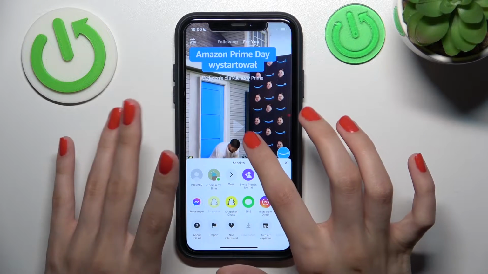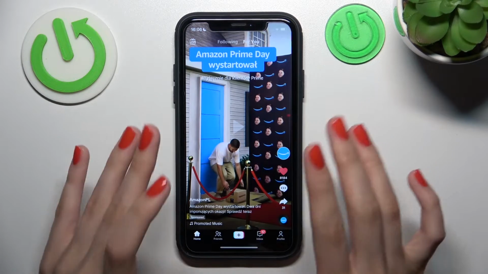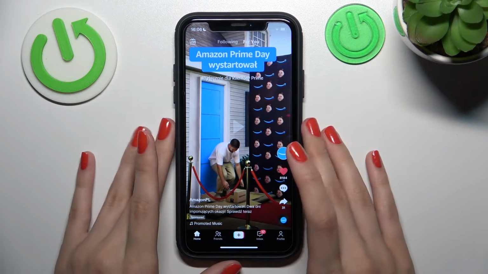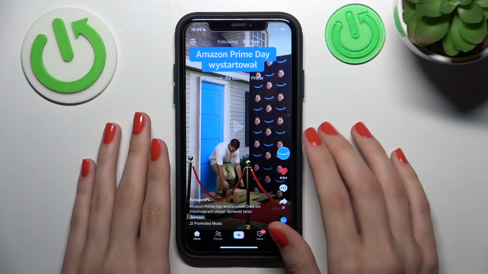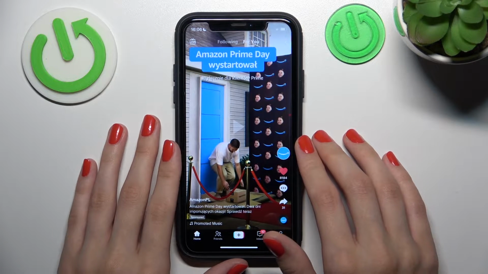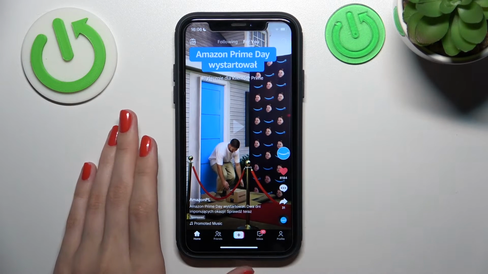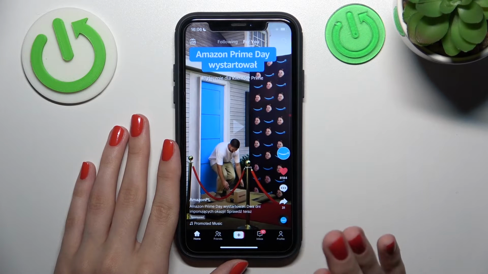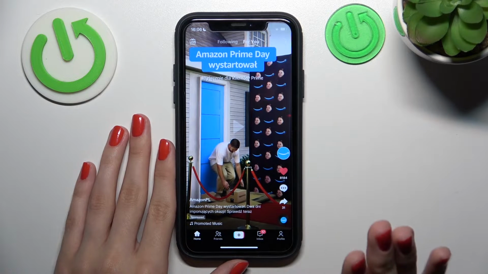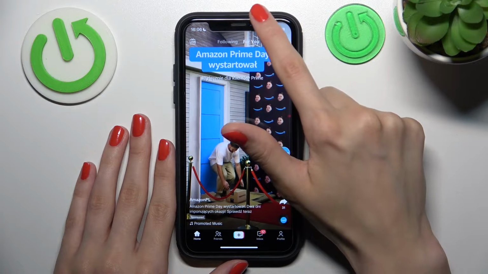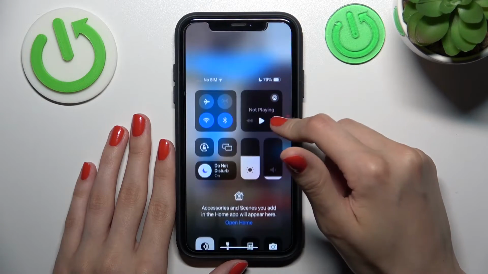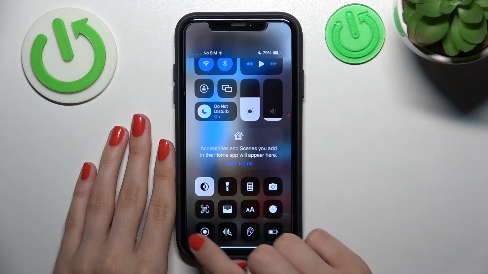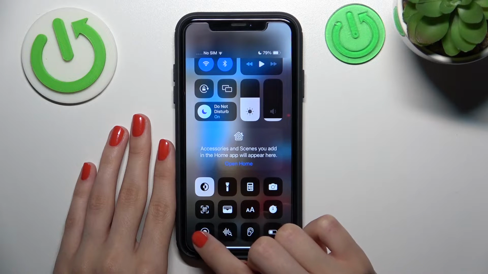So guys, for example, you really like this content and you want to save this video, there is a very easy trick to activate the record screen feature. And how to do it? For example, you have an iPhone, also you will have the same record screen feature on Android. You need to go to the quick settings menu. I'm sorry, this is the quick settings menu, and you need to tap on the record screen feature,